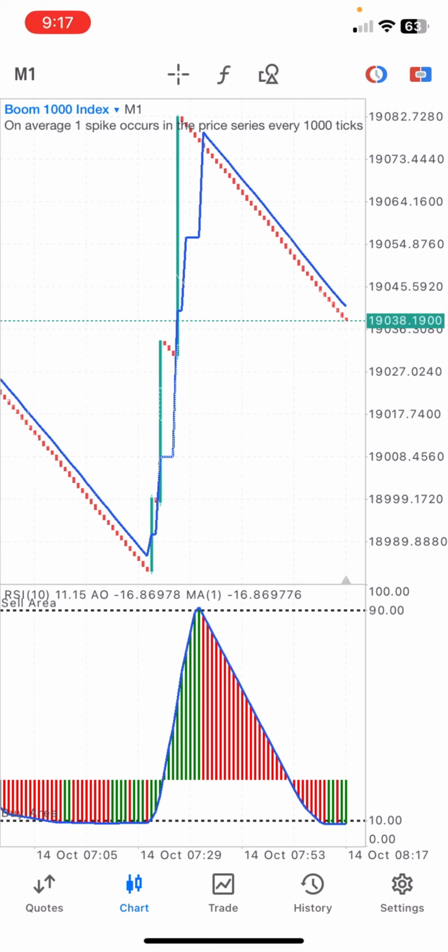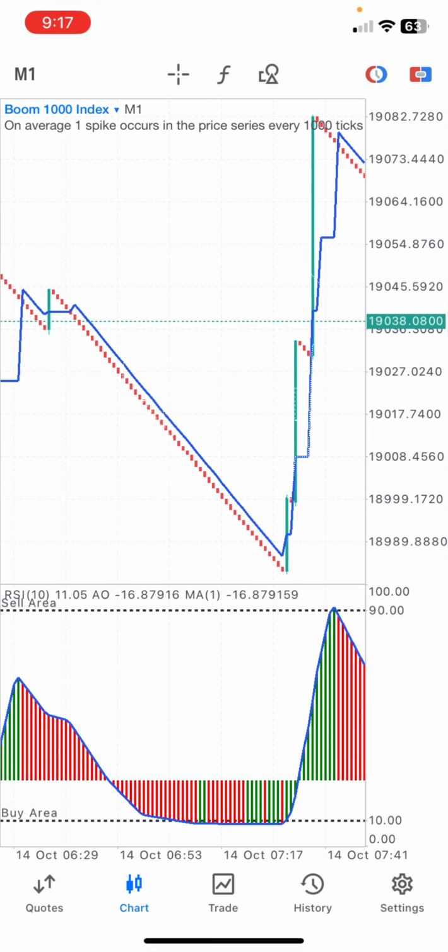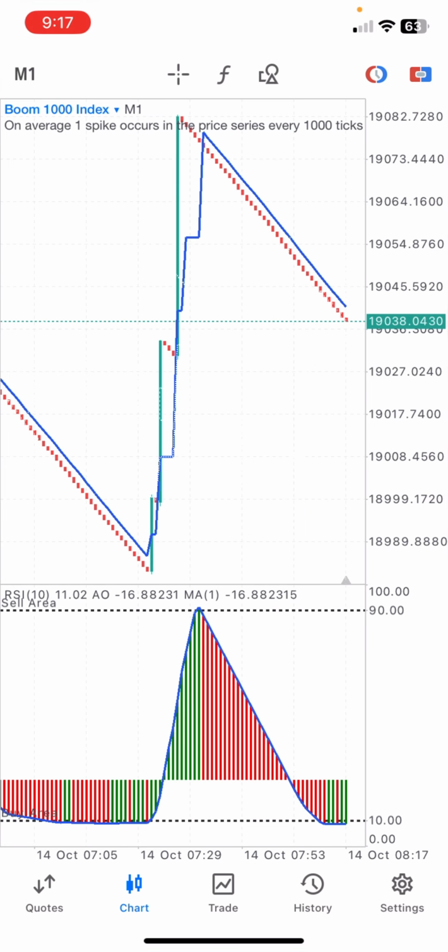So if you are using the black color on your main chart, the moving average on your indicator window 1 also needs to be the black color. Okay, so the two colors have to be the same. Now once we set everything up, let's dive into how you are going to make use of the